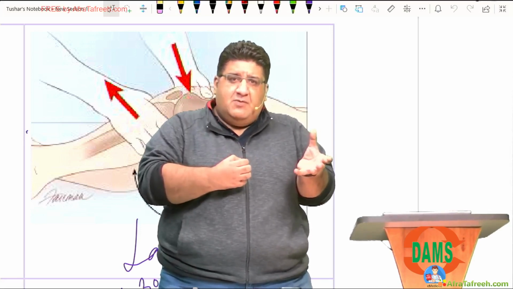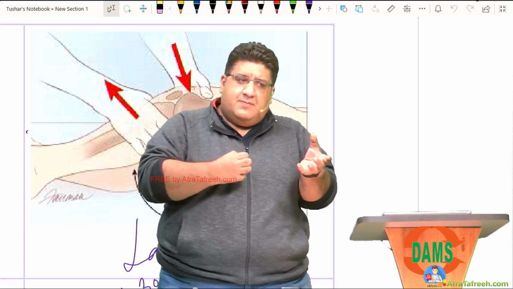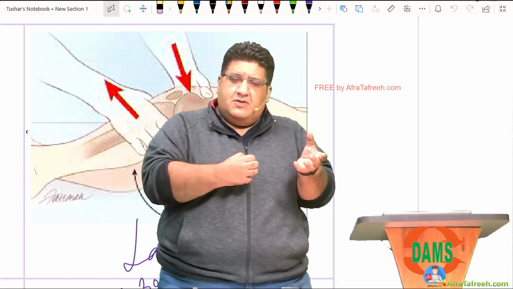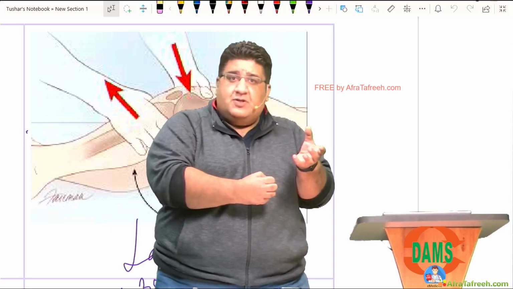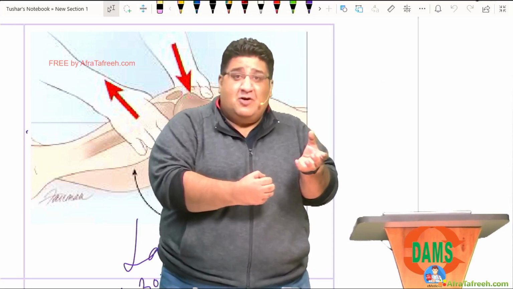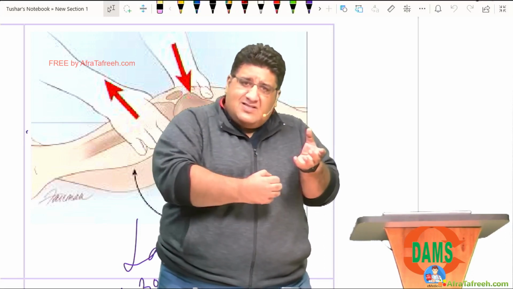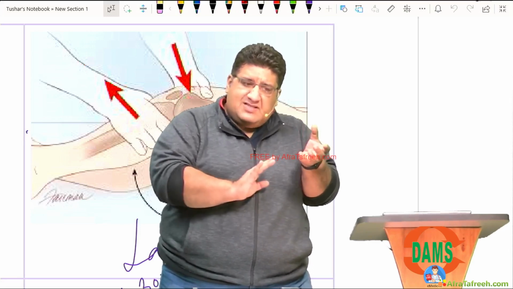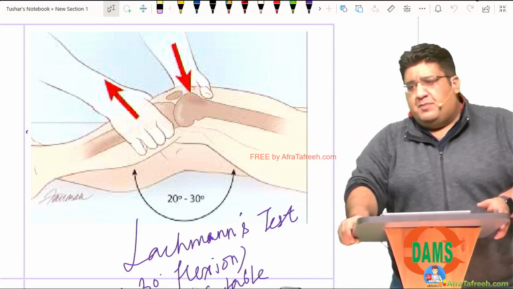You're holding the femur with your left hand, stabilizing the femur, and you pull the tibia in front of you, anteriorly with respect to the distal femur. This is called the Lachman test, positive for ACL tear. You push it back, and if it goes posteriorly, it is not called the posterior Lachman, it is called the reverse Lachman. Drawer is anterior and posterior; Lachman is Lachman and reverse Lachman. So if you push it back and the tibia sags behind, that is called the reverse Lachman test, positive for PCL tear.